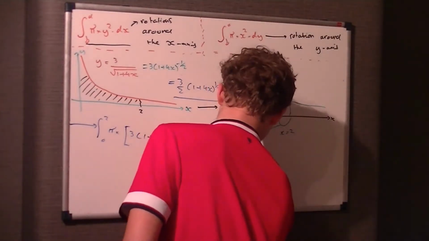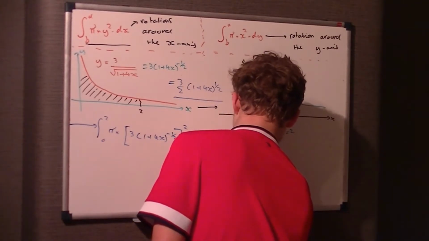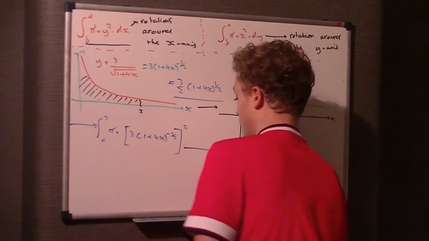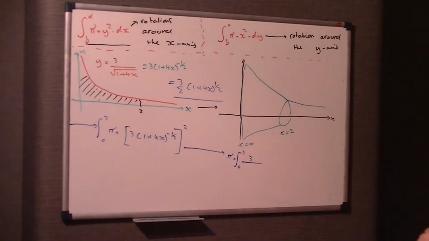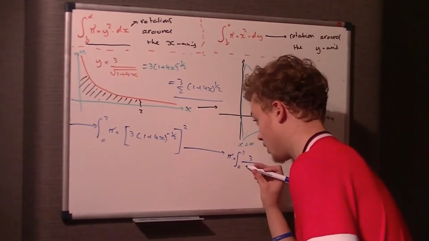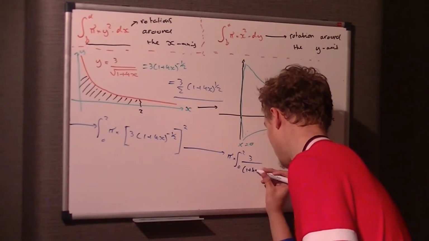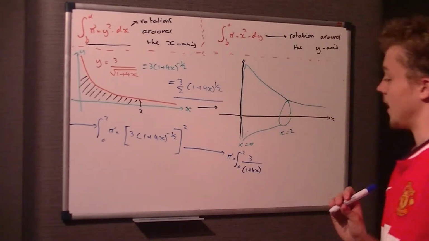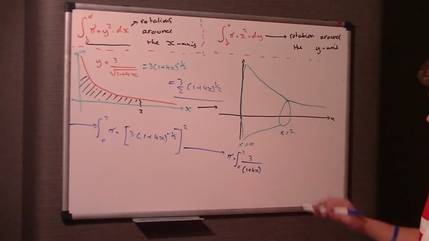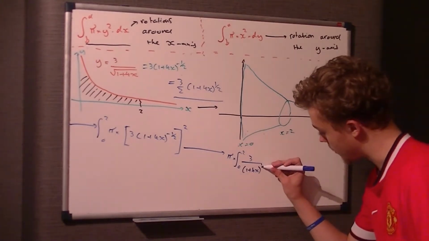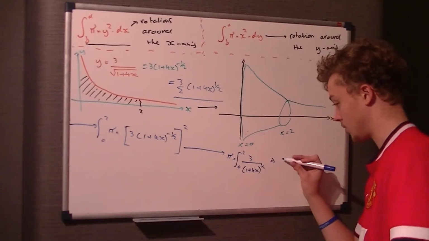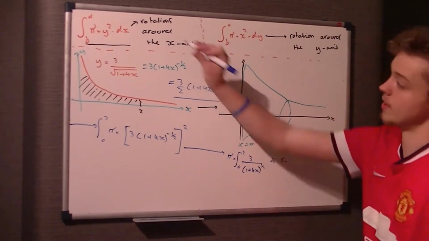Before we expand it, just to simplify this down, it'd be pi times the integral with the limits 2 and 0 of 3 over. Actually, I've just checked my notes and what I did, which I actually think makes more sense, is 3 over 1 plus the square root of 1 plus 4x, because it makes it easier to square. So then what we do is we square 3 over 1 plus 4x to the power of a half, so it's pi times the integral, because y squared, not y,